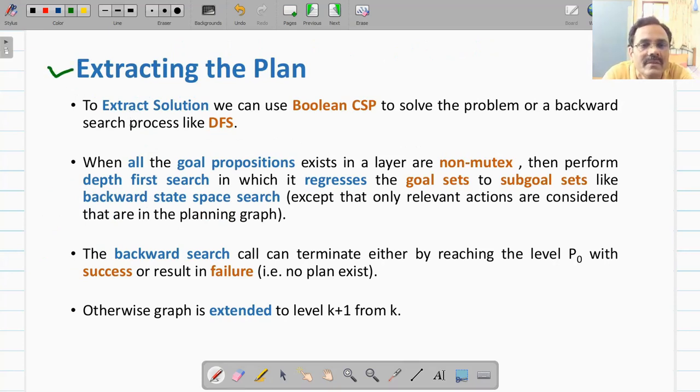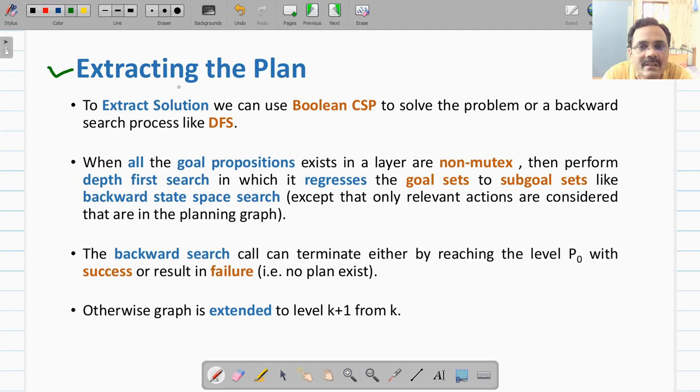Right now you might have observed that the algorithm works in two stages. In the first stage, which we have discussed just now, we generate the planning graph of depth k, and in the second stage you are going to extract a plan from that planning graph.